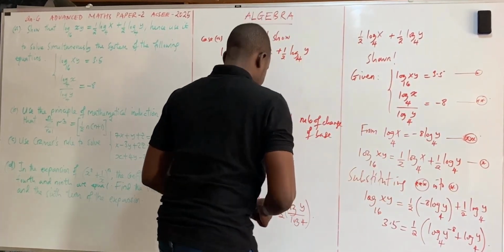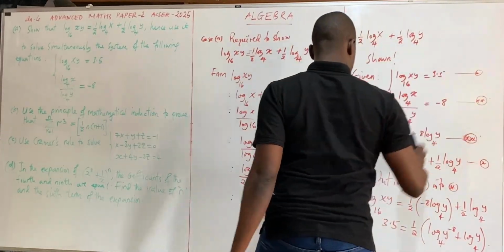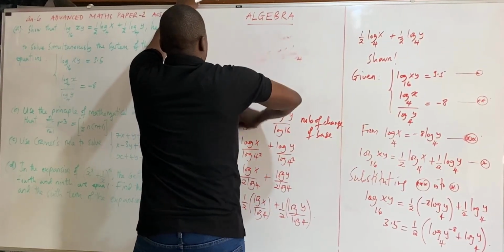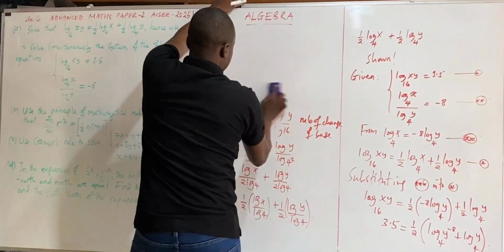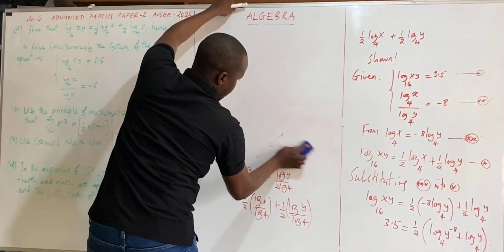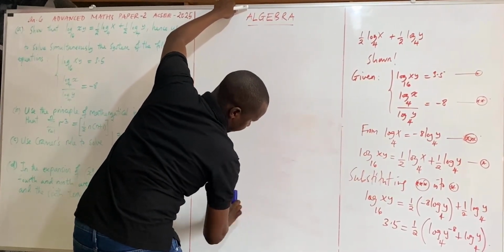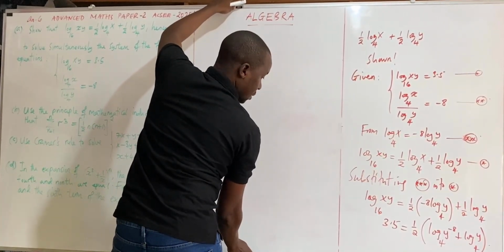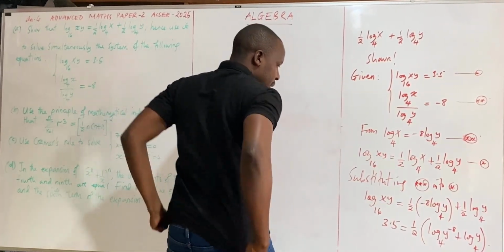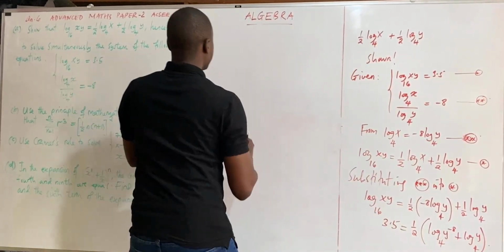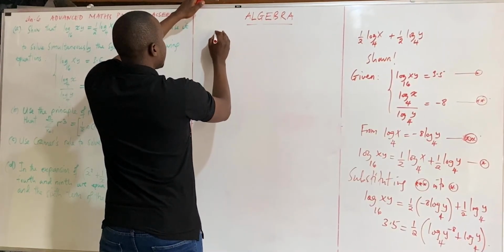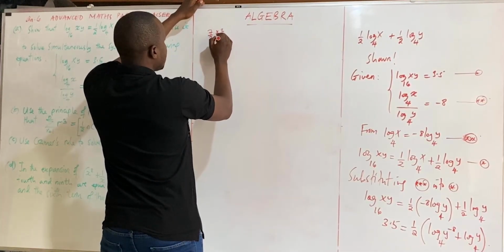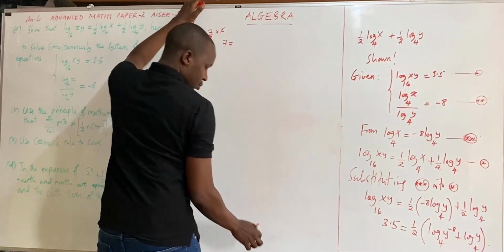So after reaching that part, if we multiply both sides by 2, it means 3.5 times 2. Now we end up getting 7, because 3.5 is 7/2, so times 2 we get 7. So we get 7 equals to